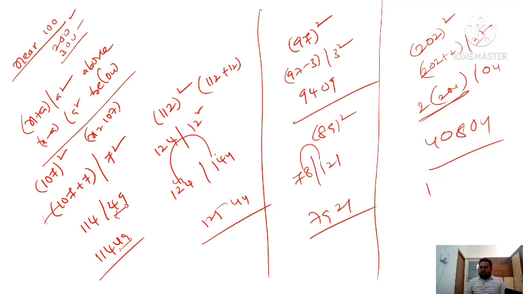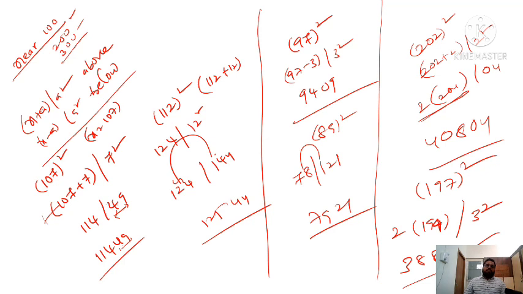If in case 197 whole square, how much is less? 3 is less. 197 minus 3 is 194. That's why 3 square. This is multiplied with 2, 388, and 3 square is 09. 38809 is the answer. This is for below. If in case 300 is there, multiply with 3. 400, 4, 500, 5. So you must learn squares from 1 to 30. 1 square is 1, 2 square is 4, 9, 16, 25, like this.